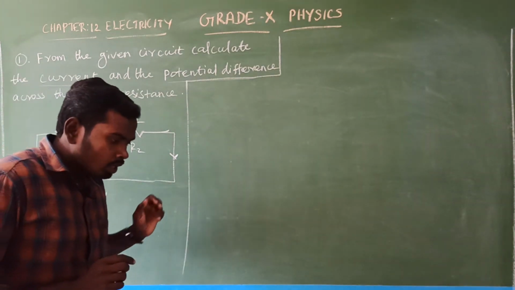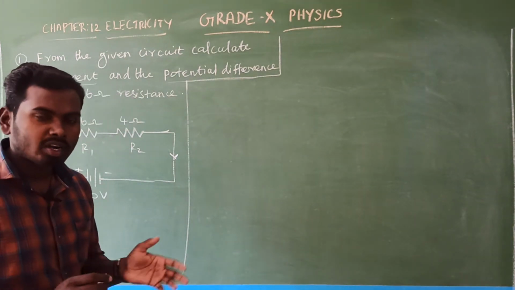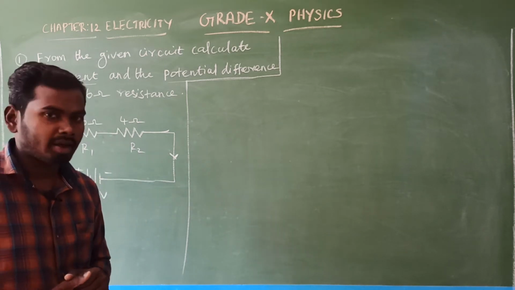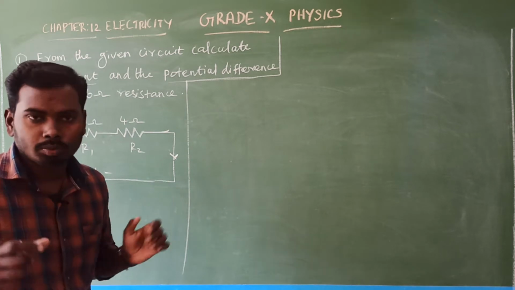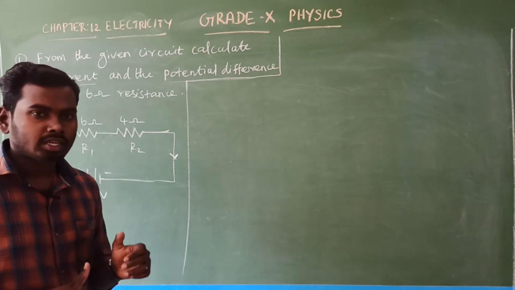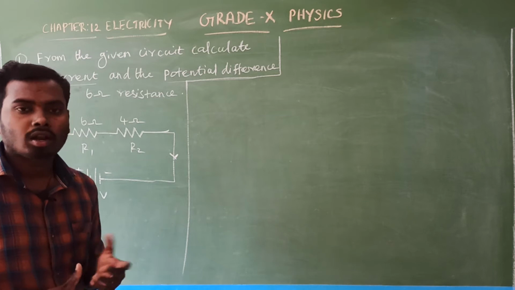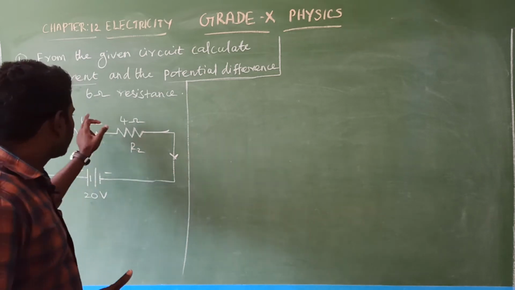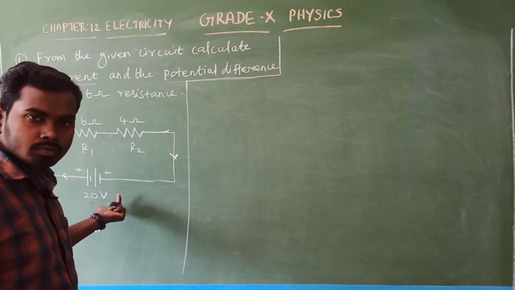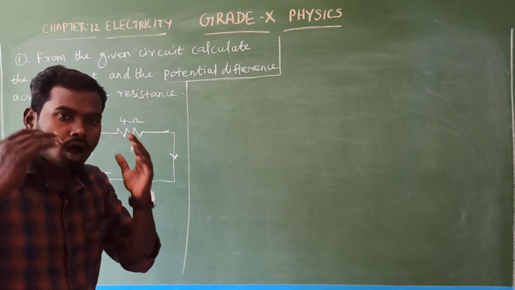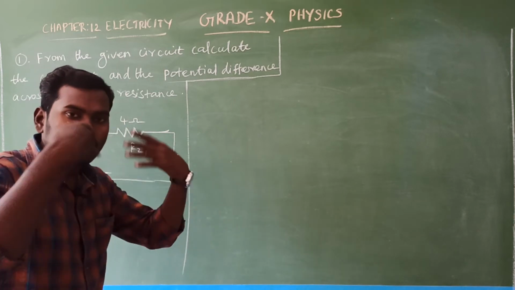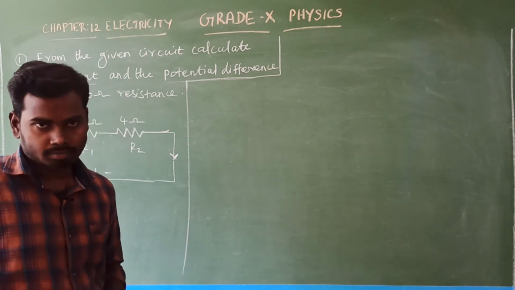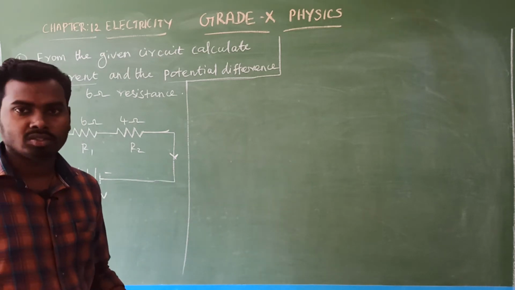Look at here. In series combination, what is constant? In series combination, current remains the same. Potential difference only gets distributed. Then total resistance R is equal to R1 plus R2. If you add the two resistor values, we can get the R value. You just apply the concepts we discussed in the resistors in series combination session. That's a very easy one.